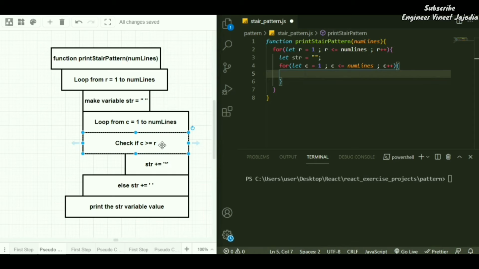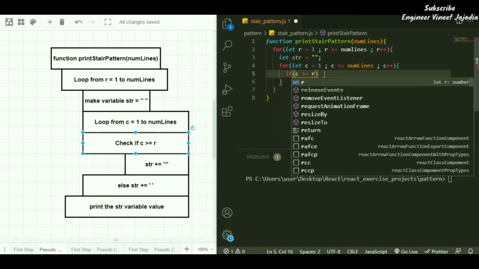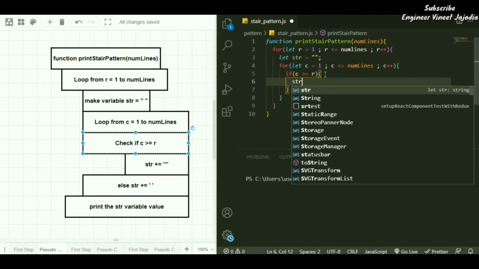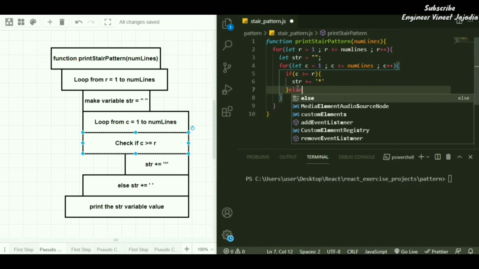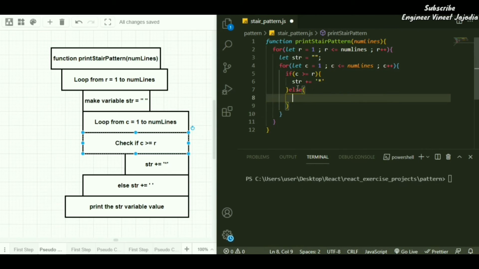If it is, then we are going to append the string with an asterisk. So we check if c is greater than or equal to r, then str is appended with an asterisk. If that is not the case, then else str is appended with an empty value.